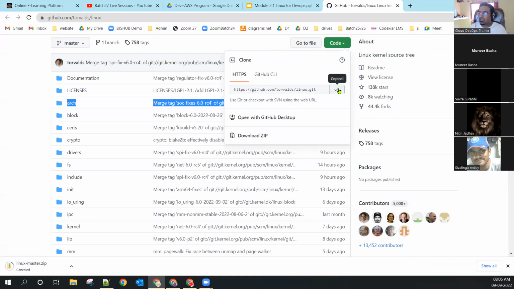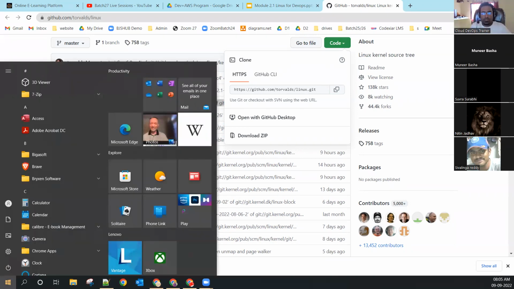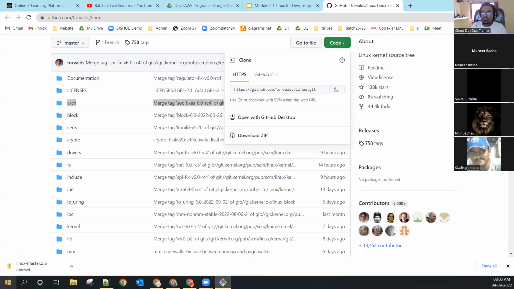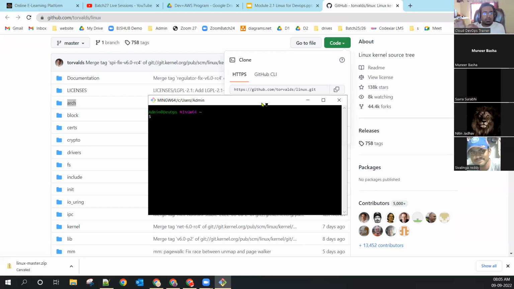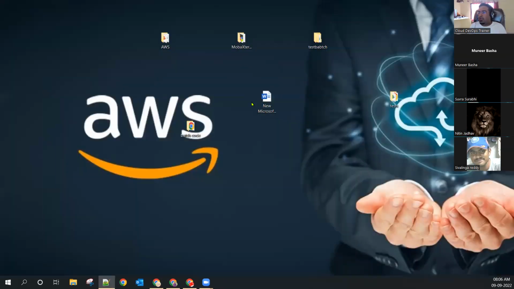So now let's try how it will happen, and what things we can do with the help of Git. I will help you out with how to install the Git software on your machine. As soon as we install Git, here is the place where we will write the command. The simplest command we will write is git clone. Let me go to the correct location first. I don't want to use it here. I will go into the test folder.